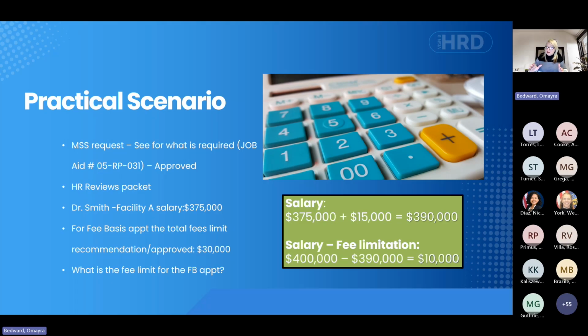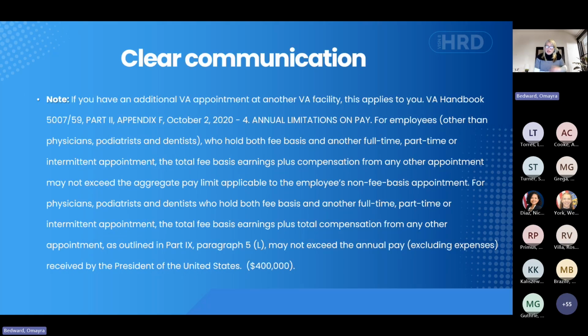Make sure that you have the conversation, that you talk to the service chief, that you talk to the provider when you are making the tentative offer, when you're going over the numbers, and that it is clear to both sides. Okay. This is something that, as part of the clear communication, I did have the conversation with both. I did put it in writing. I'm not sure if this is a process out there right now, but this is what I did, and it worked for me, and it kept it clear.